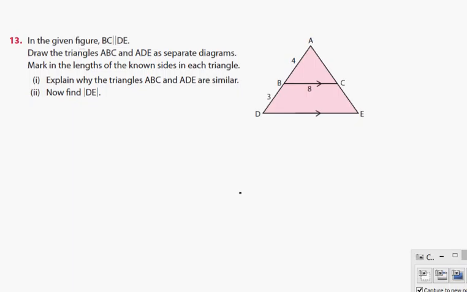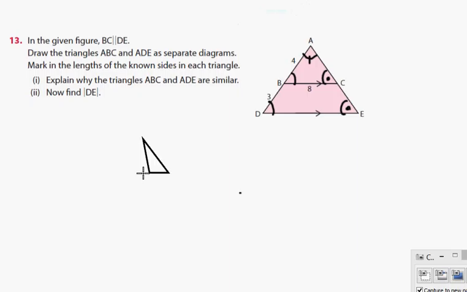Now, what this also means is that this angle here has to be equal to this angle here. It also means that this angle here has to be equal to this angle here. And then there's a common angle up the top. Now, if I want to separate out both triangles and draw them,